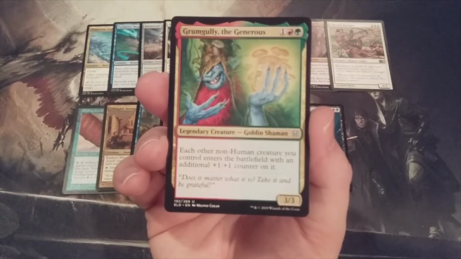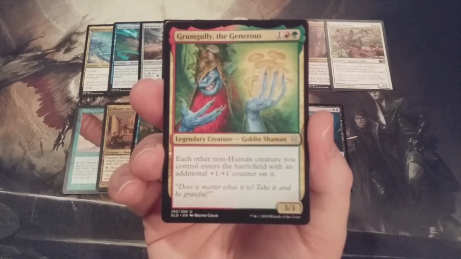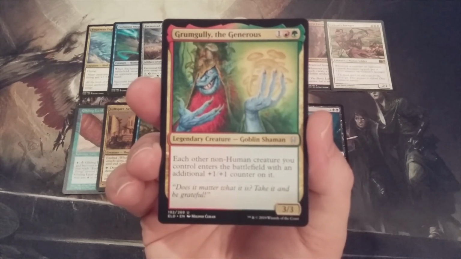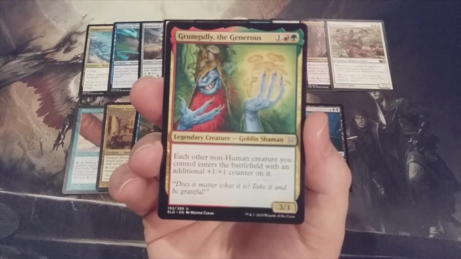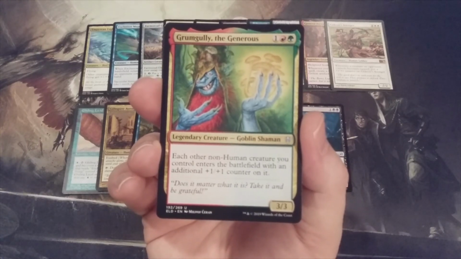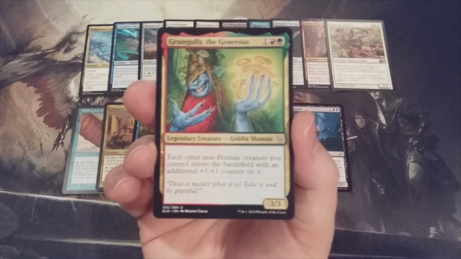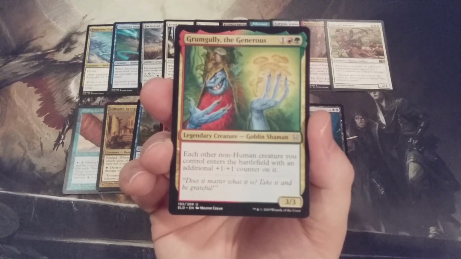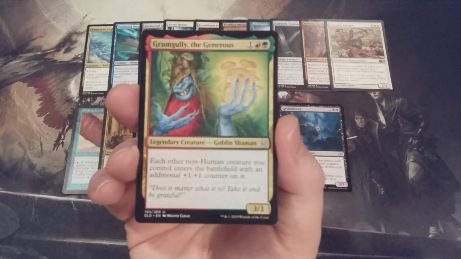This time it is Grumgully the Generous, a 3/3 goblin shaman that reads, each other non-human creature we control enters the battlefield with an additional +1/+1 counter on it. So far throughout this video, we've seen numerous creatures that are able to provide boosts to our other creatures' power and toughness. Grumgully is no different. However, it is not the static bumping, but this is the +1/+1 counter variety,